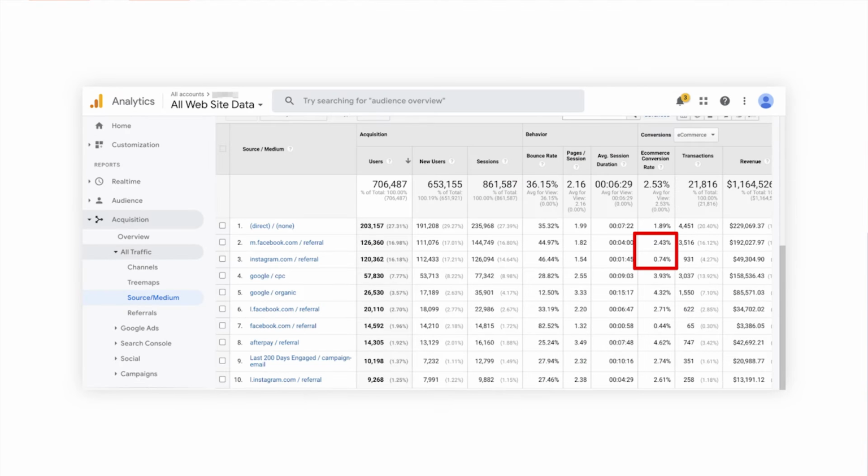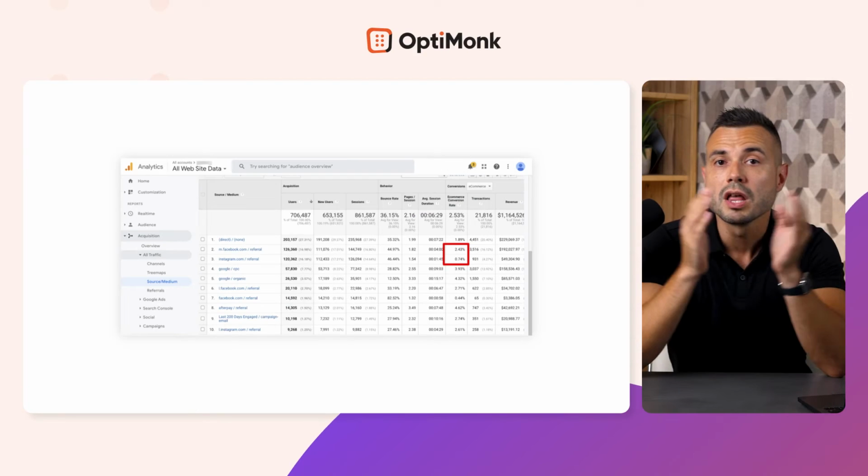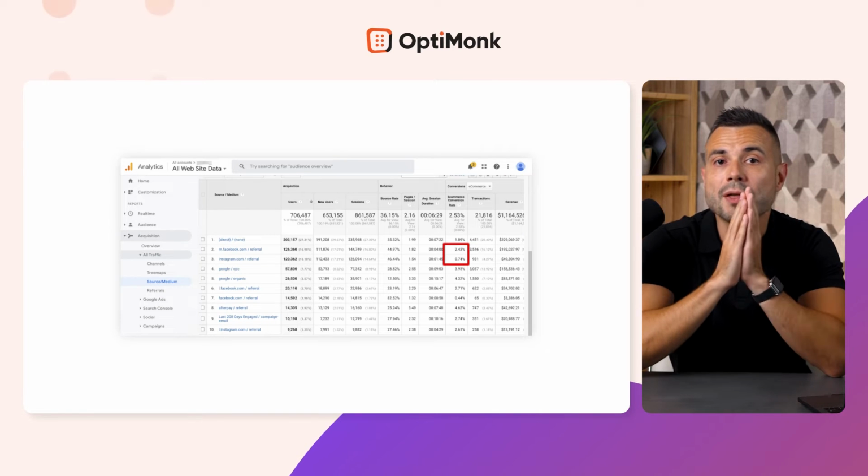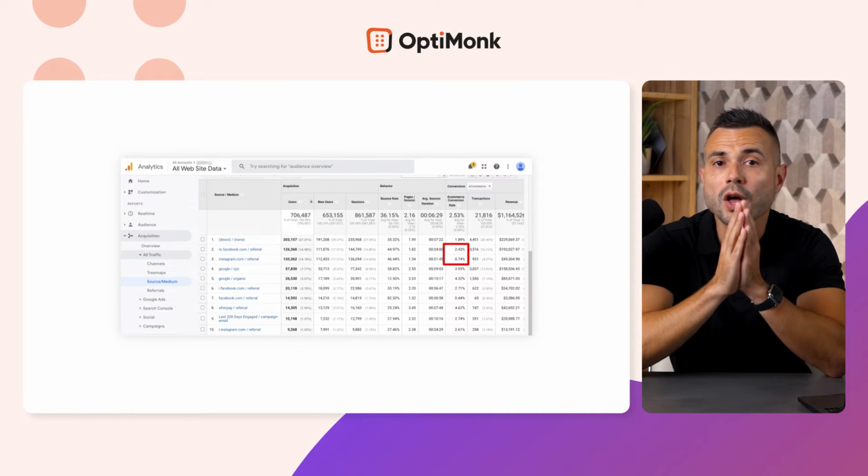Here you can see that a surprisingly large number of visitors arrive at this page from Instagram, but they convert at a much lower rate than the visitors arriving from Facebook. This might imply that visitors from Instagram are having a poorer experience than visitors from Facebook, and creating a personalized message for this particular segment could considerably improve their experience, and as a result, the conversion rate of this segment should increase. Of course, numbers don't tell the whole story, but they do leave clues as to what the major